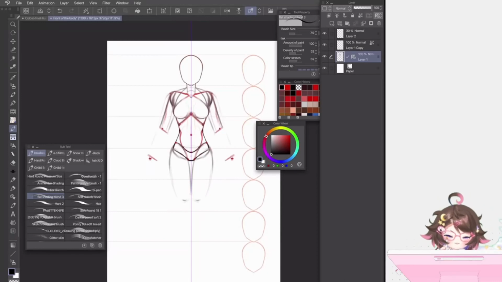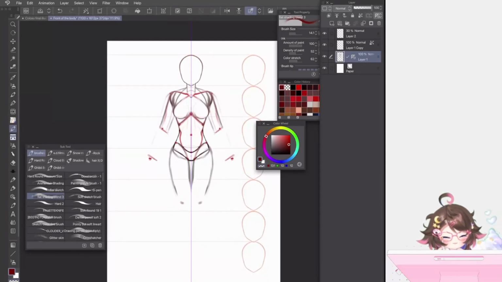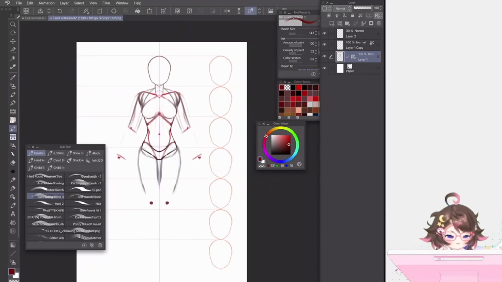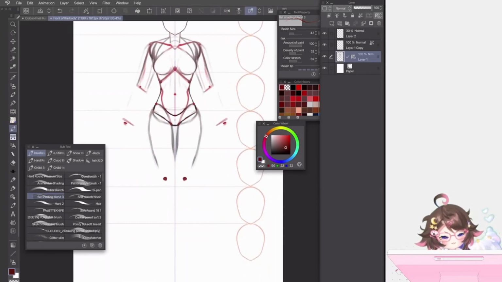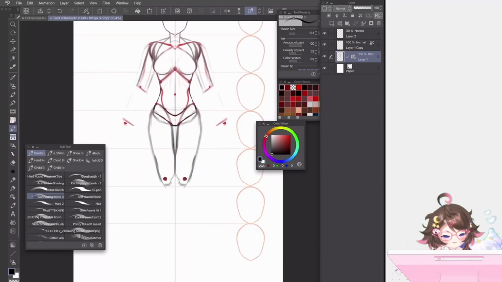I would say more like a sausage shape, but it is basically a cylinder, but it's smaller at this landmark right here. The landmark is right about three-fourths of the fifth head. Three-fourths of the fifth head landmark. And after you have the thighs drawn out,